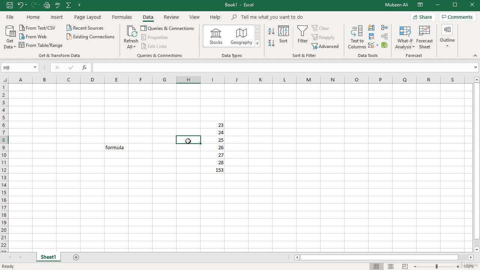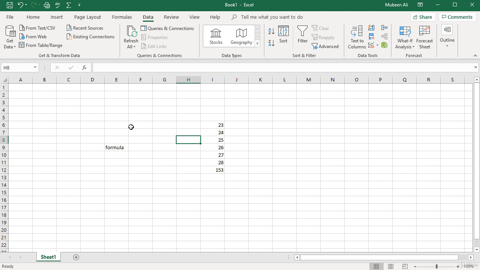Every sheet contains thousands of rows and columns. That is the reason small companies use Excel to store data instead of a database. These horizontal lines are called rows, and they are named 1, 2, 3 and so on. These vertical lines are called columns. Columns are named by alphabetical letters.